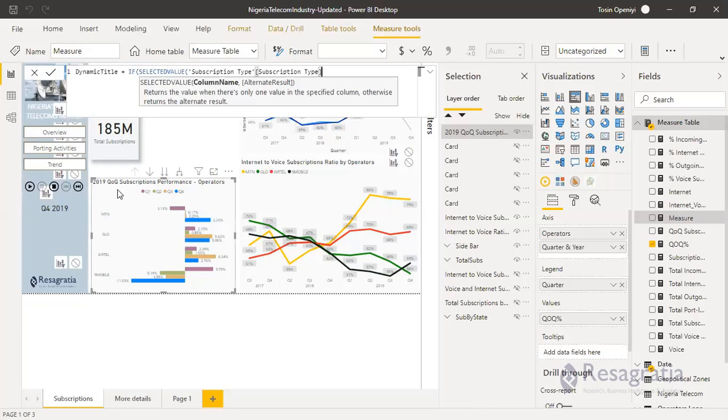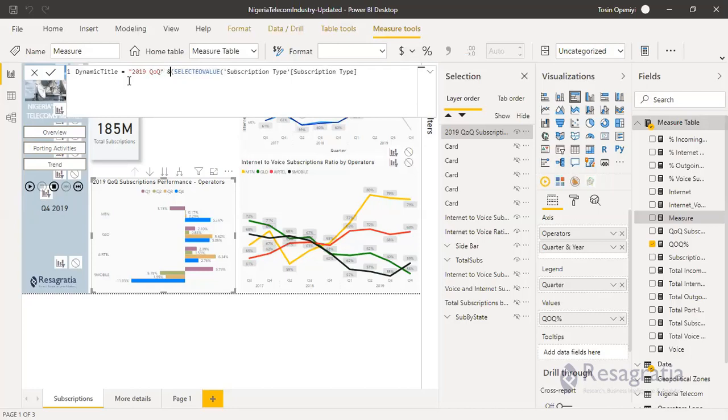So we want to change. Oh, okay. So I think what we do is that we will have 2019, we have 2019 quarter on quarter. We can close this. We now say and we just concatenate it with the selected value. That's if we select subscription type, return the subscription type. Then we also want to add another, what's it called?